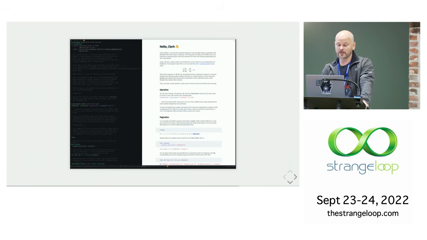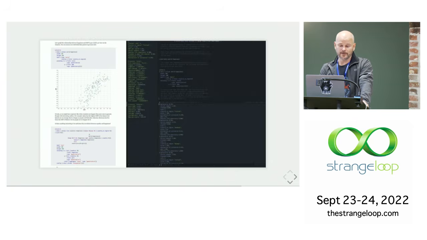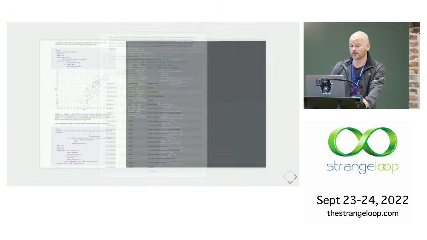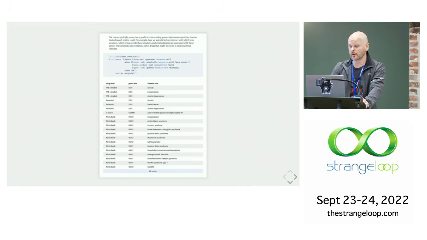And I'll show you a couple of other screenshots here. Like this, we're doing some data science, and that's my Emacs on the right-hand side, and I'm able to do all of the things like pretty printing data structures and inspecting them and then sending things over and seeing them in Clerk, and it is a very cozy way to work. There's also, for instance, this example, where in around 6 lines of code, I do a query for some bioinformatic information that shows me what drugs affect what genes that are known to be correlated with what diseases, so that I can see what drugs might be interesting targets for genetic disorders of differing type, right?